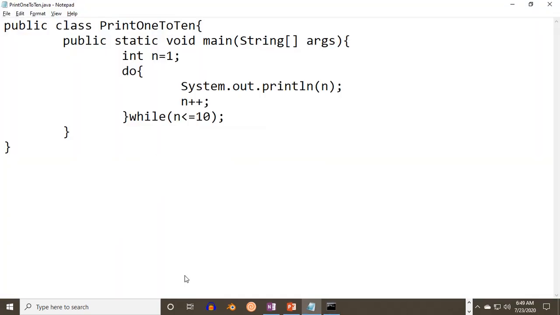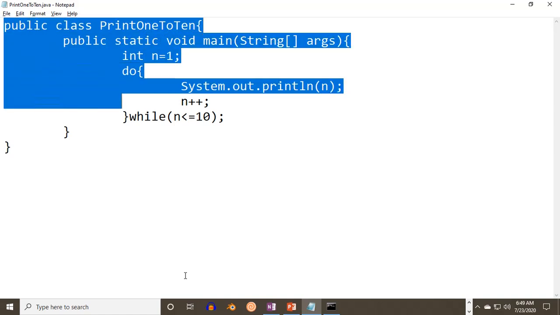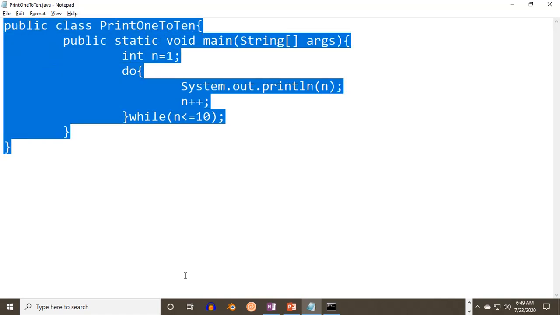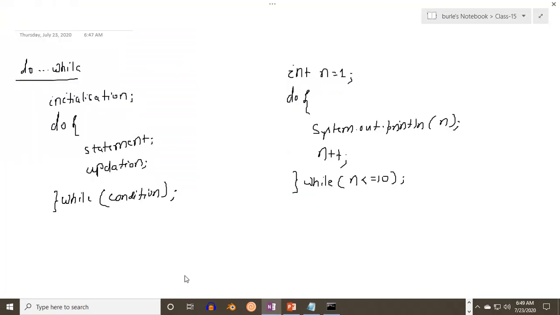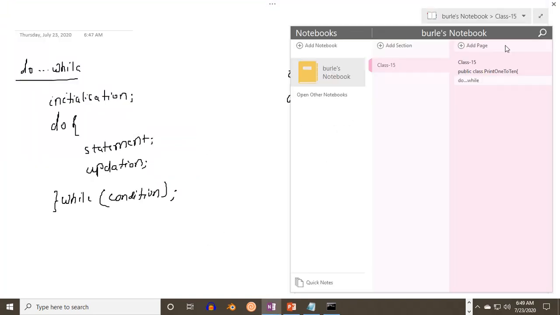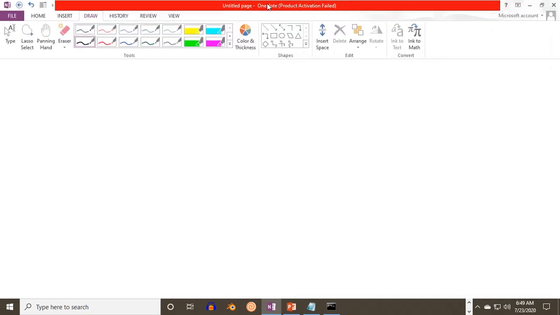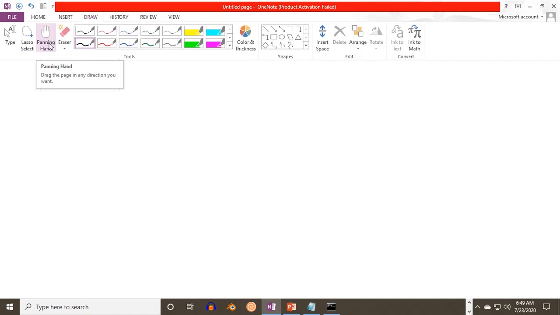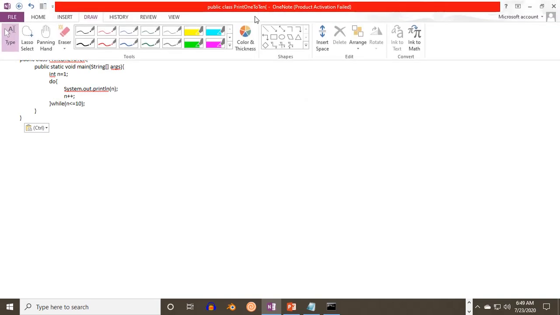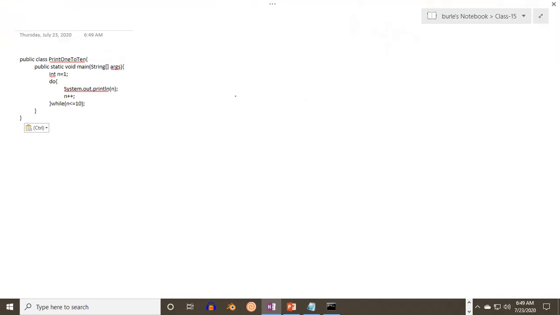Now let me show you how this one is going to work. Control C, copied. Now let me come to the program part, where we can easily make the analysis.